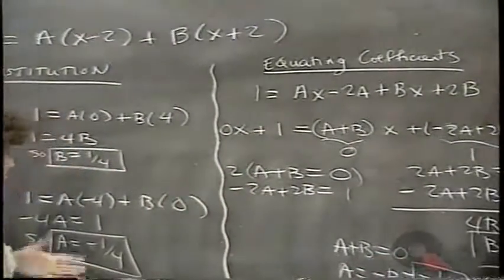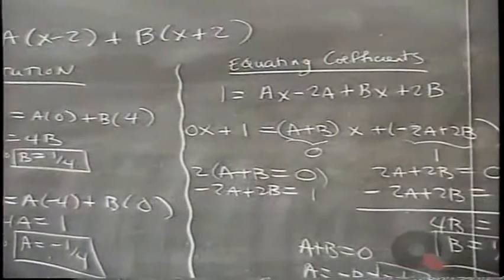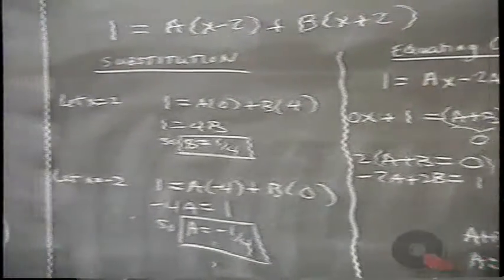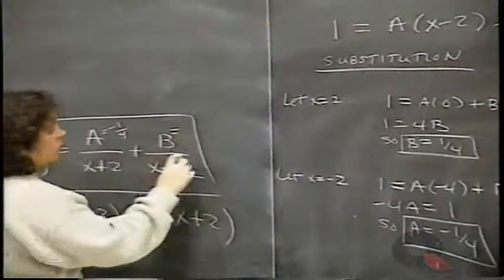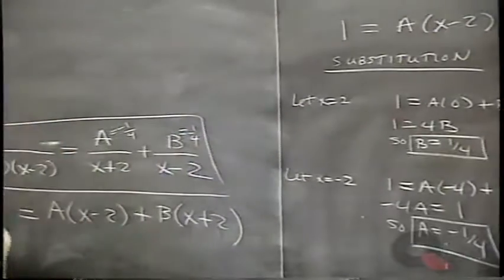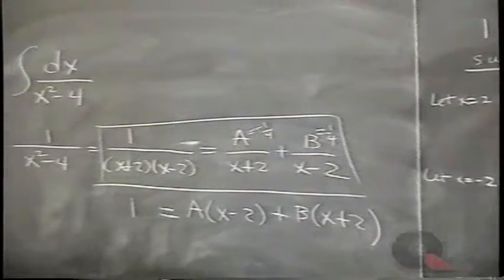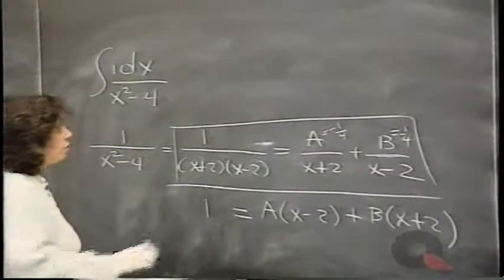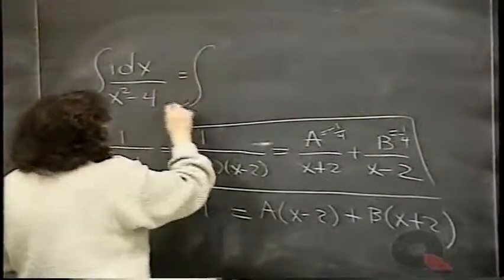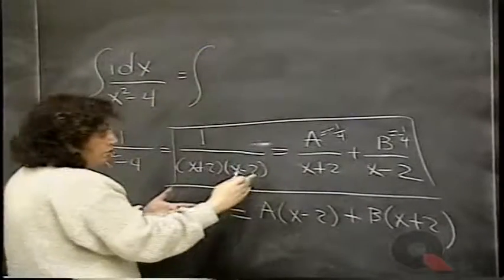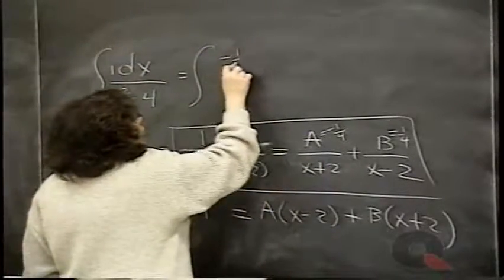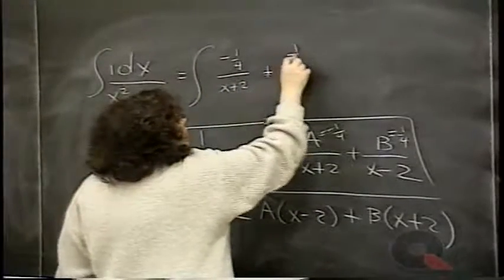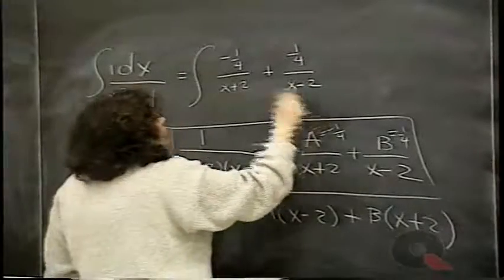But it's your choice, and as long as you get the right answers, we don't care which way you do it. So we have found out that a is minus 1/4 and b is equal to 1/4. So what we've done is basically changed our problem around. Instead of integrating 1 over x squared minus 4, this is now equivalent to integrating, what's 1 over x squared minus 4? It's minus 1/4 over x plus 2 plus 1/4 over x minus 2